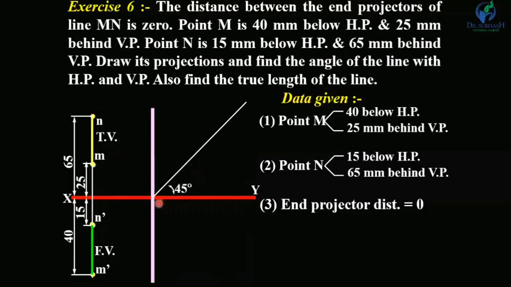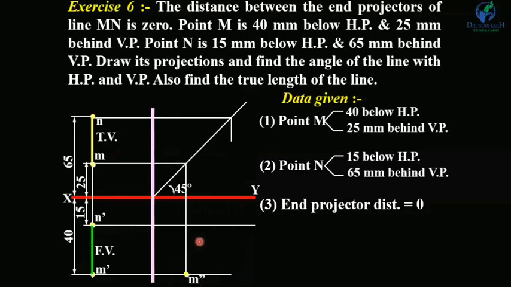Now let's draw the side view. Draw a line, the profile plane, at a 45-degree angle and draw the projections of M and N. M double dash, N double dash. So this is the side view. This angle is theta and this angle is phi. And it is the true length.